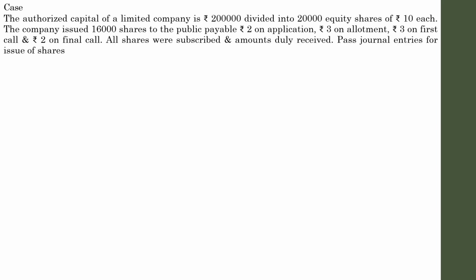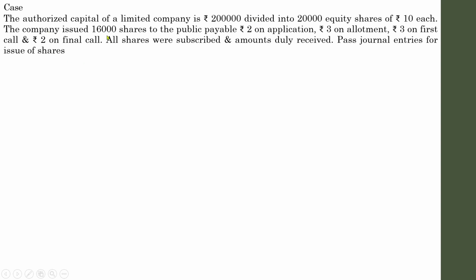The authorized capital of a limited company is rupees 2 lakhs divided into 20,000 equity shares of 10 each. That is, 20,000 equity shares are there. Each individual share is worth rupees 10. So the total amount of capital that is raised through 20,000 shares is 20,000 into 10, 2 lakhs. That is how the share capital value or the number of shares with the denomination is computed. Sometimes these details will be directly given, or sometimes instead of giving rupees 2 lakh it will be written like issued 20,000 shares of 10 each. So you have to assume that a total of 2 lakh has been raised.